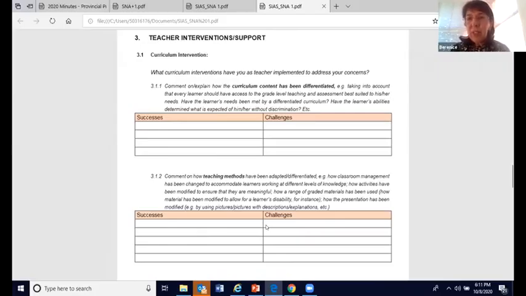Now, if teachers fill this in in a way that gives somebody that this form is referred to a good idea of what's already been tried, say it is referred to the district, then you're not going to try the same thing that has already been tried. You're going to try something different.